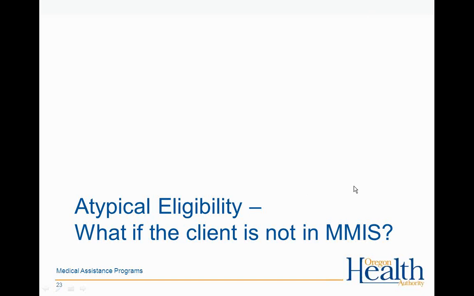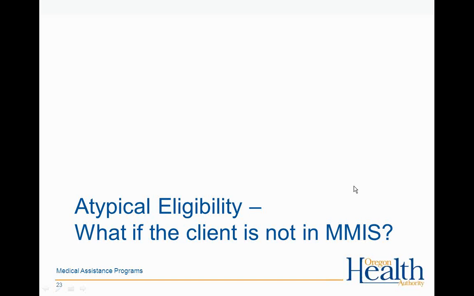And again, MMIS is our Medicaid Management Information System. Any time that you are verifying eligibility or submitting a claim or an authorization for a fee-for-service client, all of that is done through the MMIS. So whether you're using the provider web portal or the automated voice response telephone system, or EDI, the information that you're getting back is coming from this MMIS system. So, we have someone who's eligible but is not in that system. Any way that you're verifying eligibility, it's going to tell you that person's not eligible, but they might be.